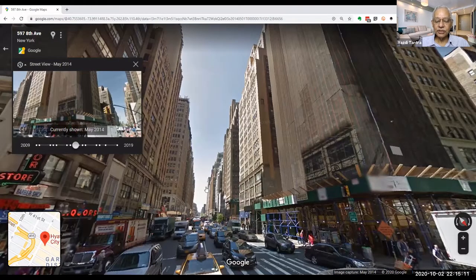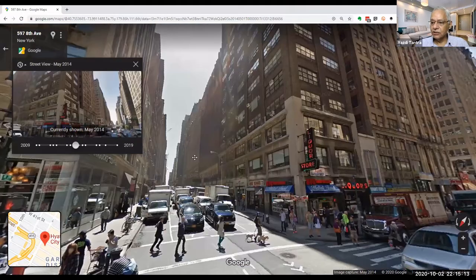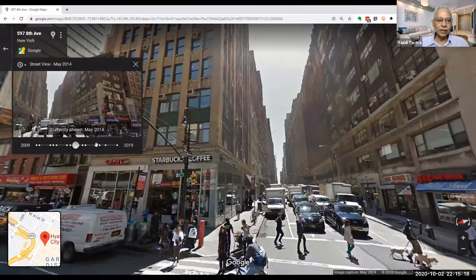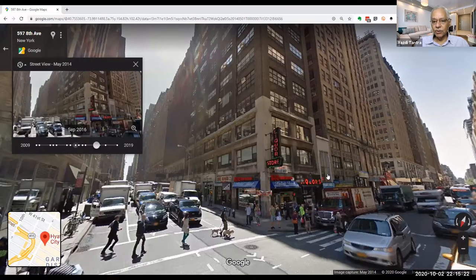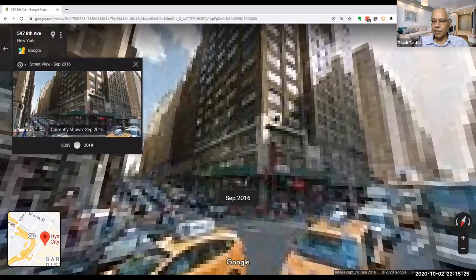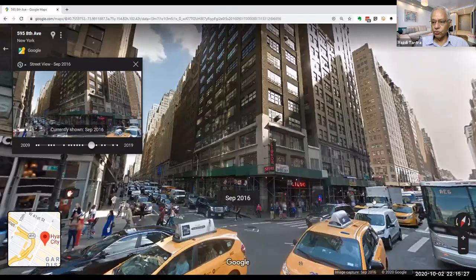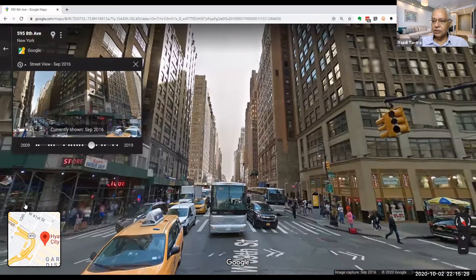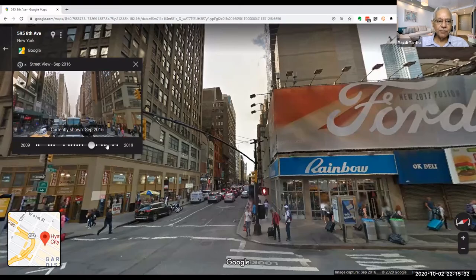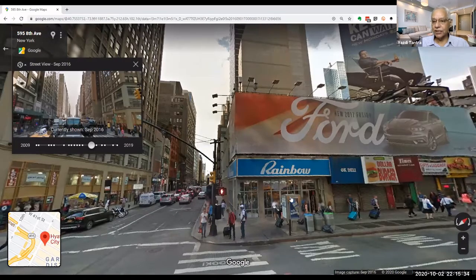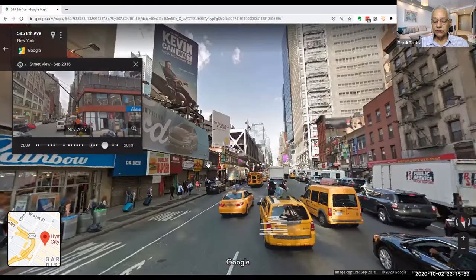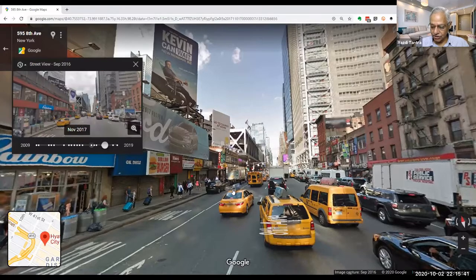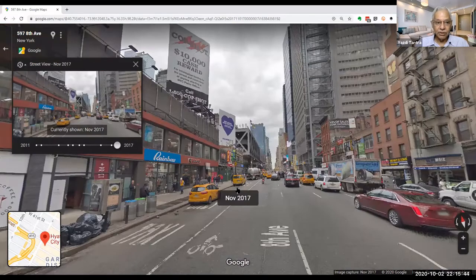No, the Starbucks coffee is still there, but the other shops have changed. If you see the changes in the shops, you can go in history. You can see what is happening over a period of time to the same place. So the street view, when you see, can you see that the shops are getting different? This is the same place, this is the same square where I am standing, but the shops keep getting changed. And this is very, very simple, but very powerful.